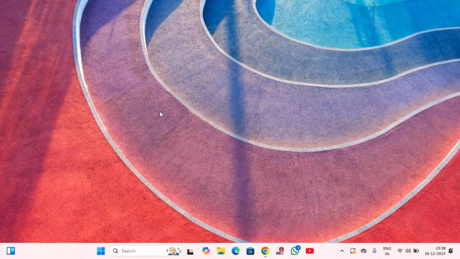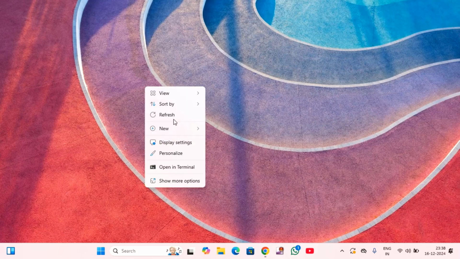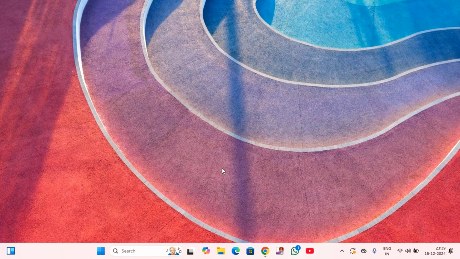Guys, when you select any file and right click on that and the delete option is missing, then I'll show you how to fix this issue. Usually this may be the issue with your drive. For that, what you have to do,